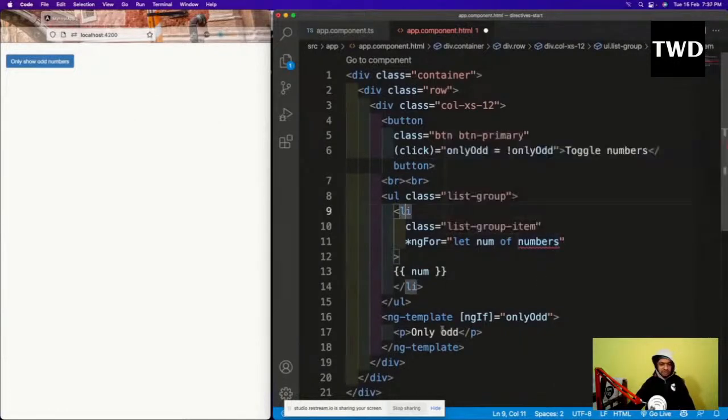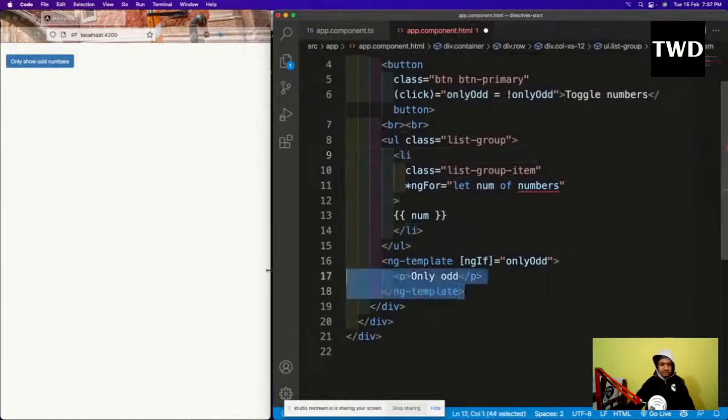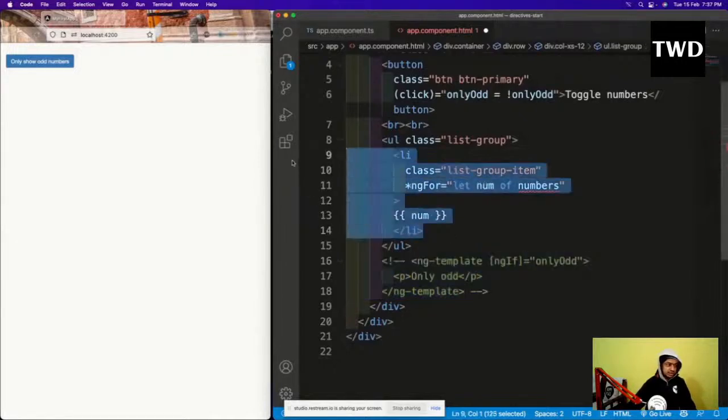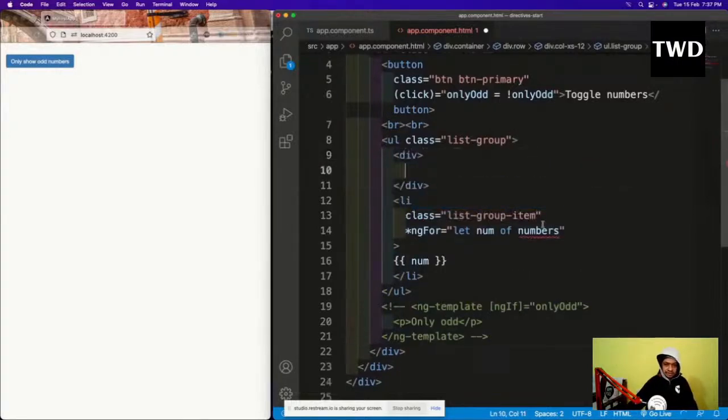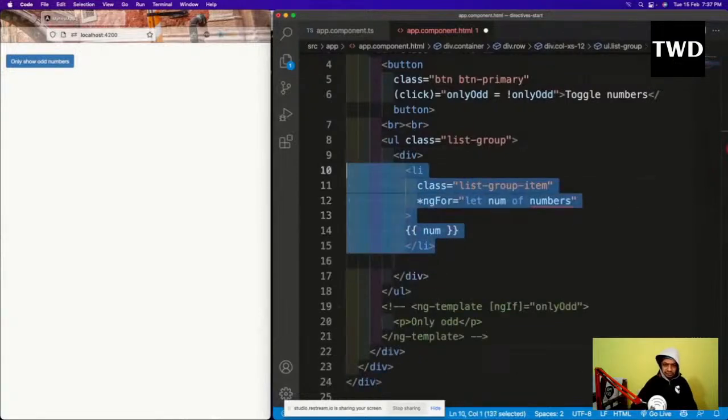So let me comment out this ngIf, I also don't want it. And this li and all, I don't want it like this. The li will be there, but before this li there will be a div. So the div will contain this li. It will contain this li. Okay. And in this div we'll have a